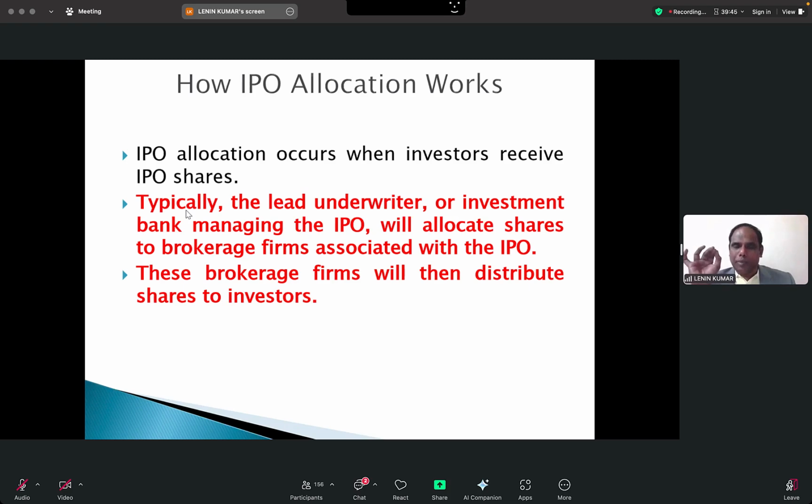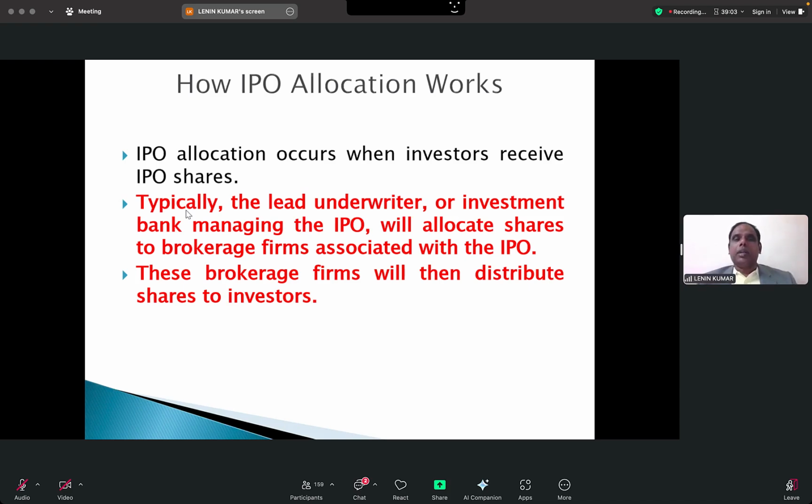Okay, if you are going to apply for the Lulu IPO, it is not 100% sure that once you have applied and completed all the formalities, you will get shares. I am talking from the investor's point of view. Tomorrow you and I are going to invest in the Lulu IPO. Sometimes you will be allotted; for me, sometimes shares will not be allotted. So possibilities are there. Please try to understand this point: it is not guaranteed. Okay, I'll tell you why.